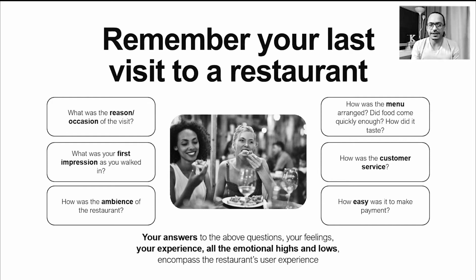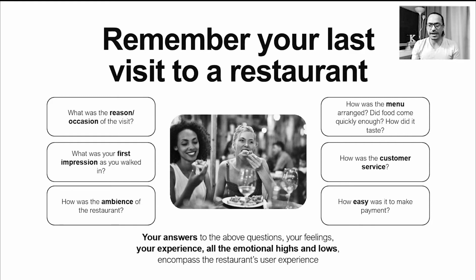Once you were there, once you started using the services, once you tasted the food, what is the feeling that you got? Whether you were happy, or not happy with the service, or the food was not tasty. These small things when you visited the restaurant make the experience. If the food was good, you liked the people there, you liked the ambience, and it was easy to order, easy to understand the menu and the pricing, and so on, the total combination of whatever happened in that restaurant makes up